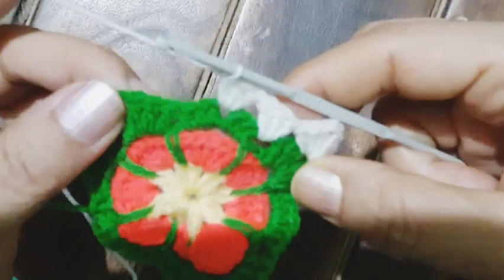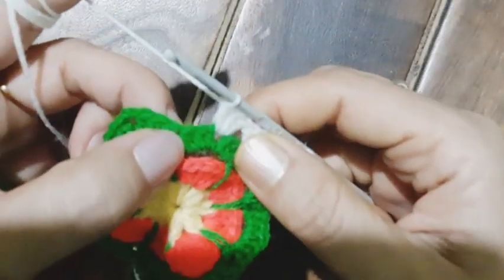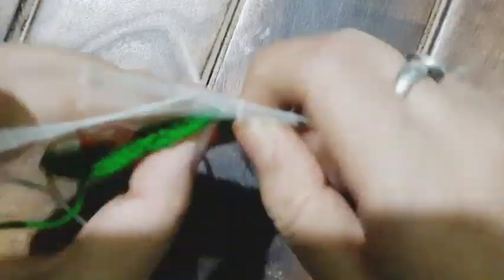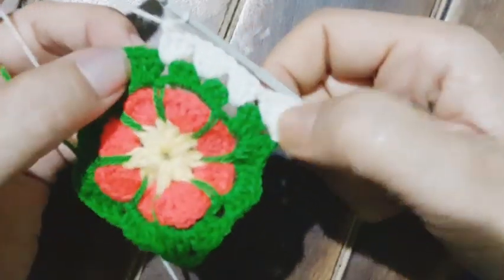and then I am going to jump into the next gap that is present in between the half double crochets and the double crochets of the previous round, and there I am going to work 3 double crochet. So that's complete. Now let's work the second corner,